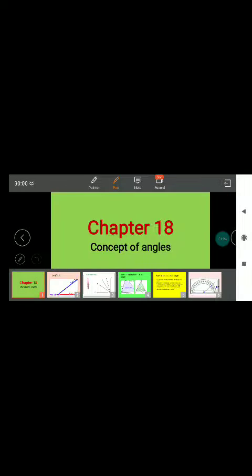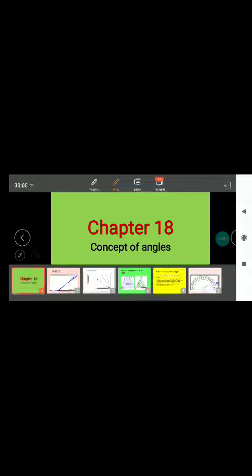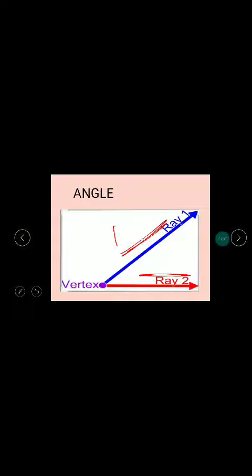So coming to the point, this is a ray, this is the vertex and this is an arm. Okay, now